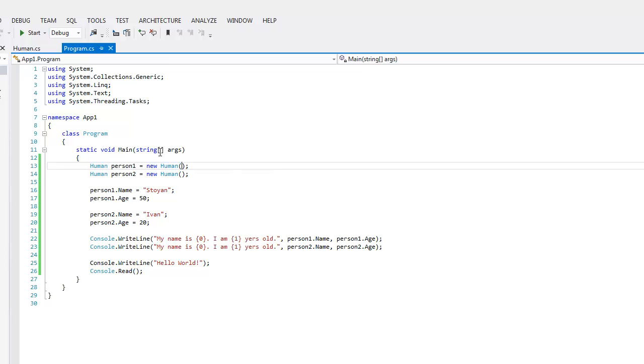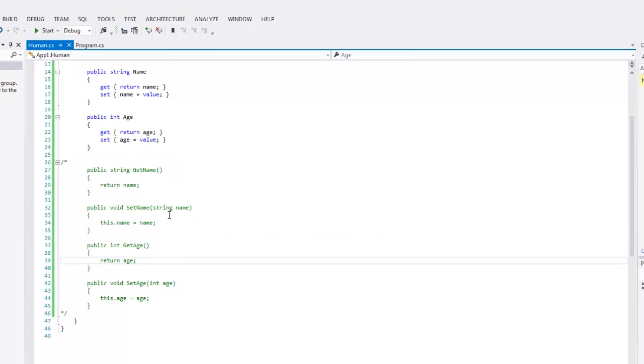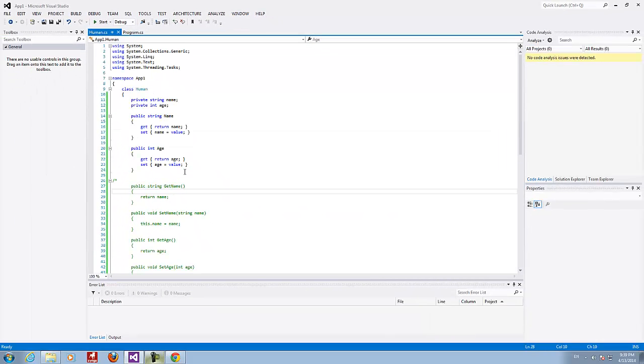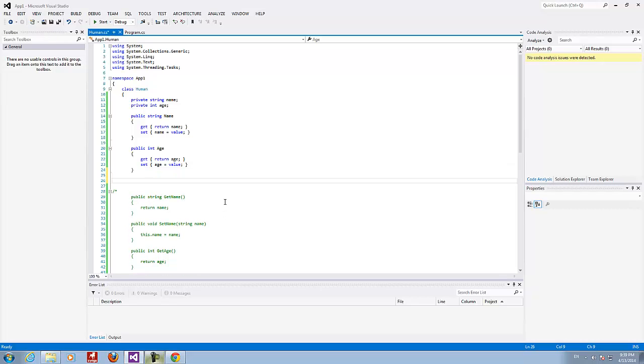Yes, there is such a way, and it's done through pseudo functions called constructors. So a constructor is a pseudo function, pseudo method, which doesn't have a return value and has the same name as the name of the class.